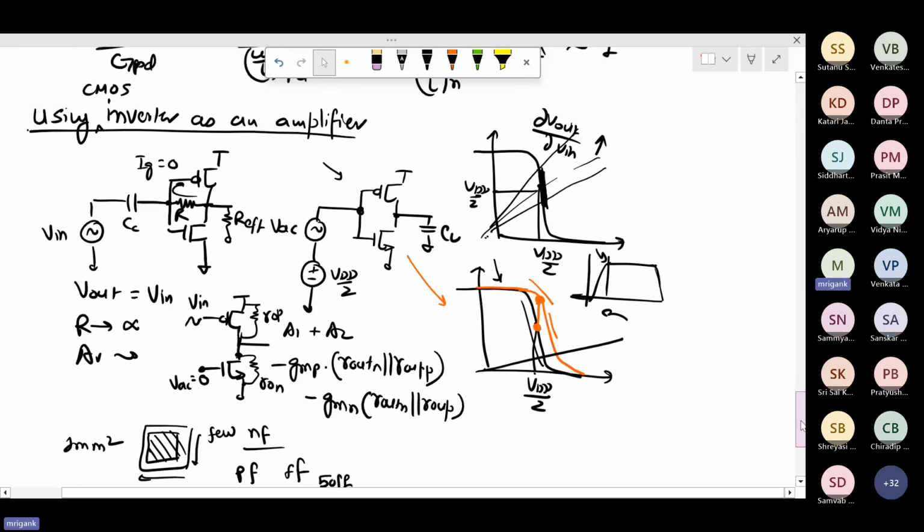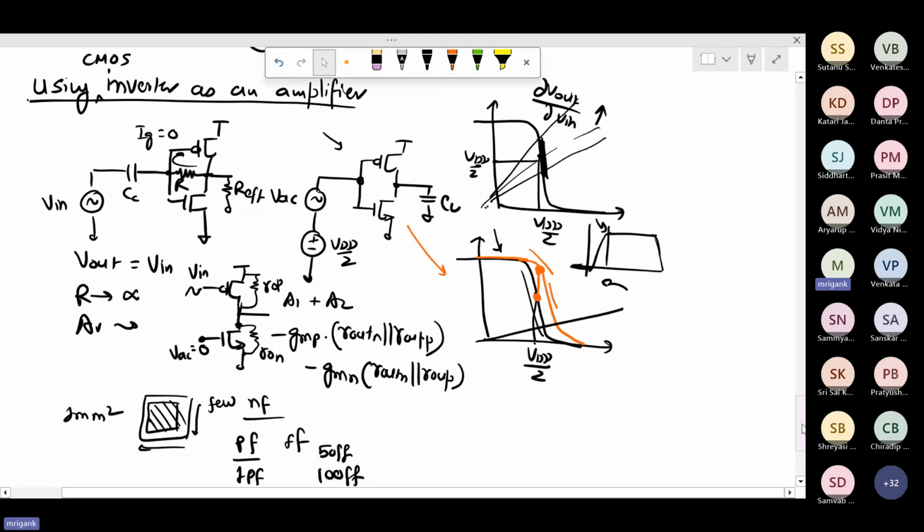So if you look at the overall R, again here you will ultimately break it using Miller effect into an R effective. So you will get some R effective. Ultimately at this node, you are having some C effective also because of parasitic capacitor. But if you look at the CC and R, they are forming what kind of filter? It is a high pass filter, right?